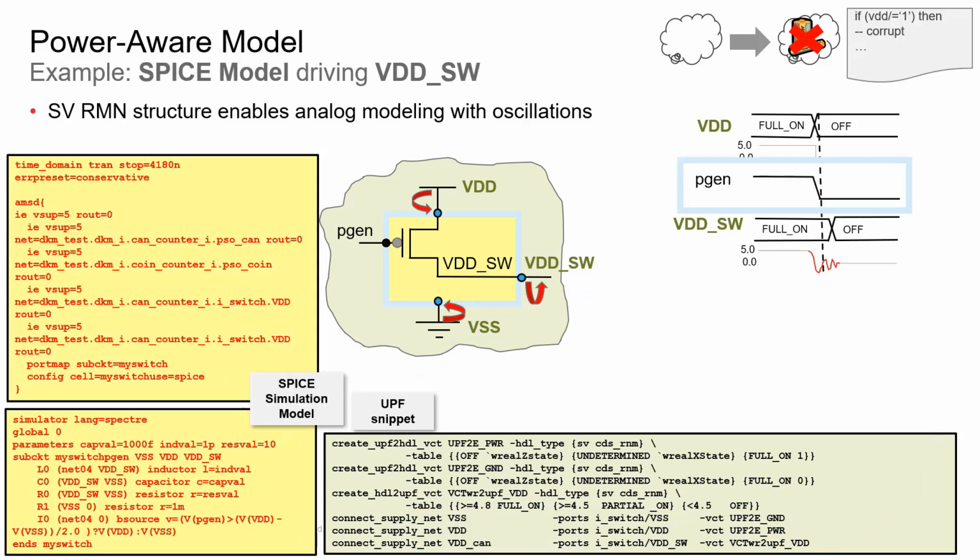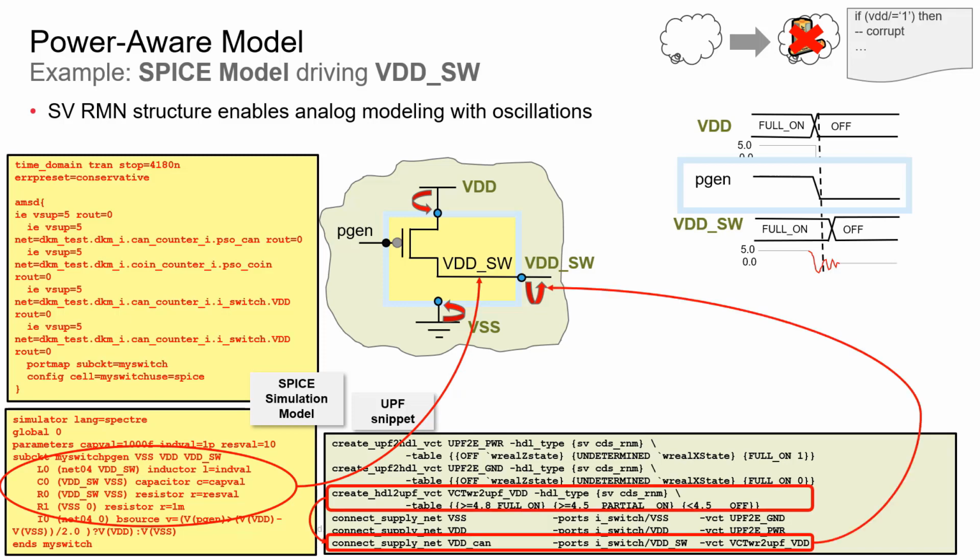Same thing for a SPICE model. Imagine you've got a small SPICE model for that. You created the MSD elements and where you describe all the VSUP and so on and so forth, and you say that your cell was a SPICE model. Then you create the same UPF code because you had added some elements, some VCT table, just the same. What will happen is that your model will use a SPICE description.